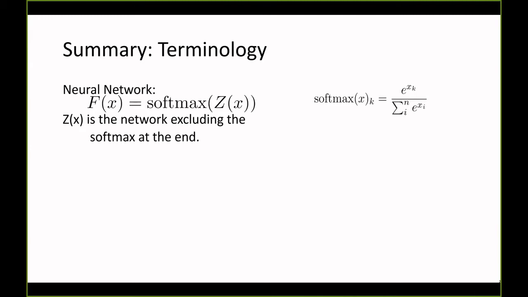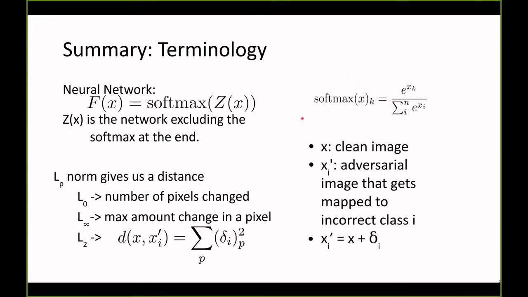So in this presentation, we'll refer to the entire network as f of x, and then we'll refer to the network not including the final softmax layer as z of x, where softmax has this typical definition that we normally use. So they use various Lp norms. Here, the notation used: x is the clean image, x prime sub i is the adversarial image that gets mapped to the incorrect class i, and delta i is the perturbation